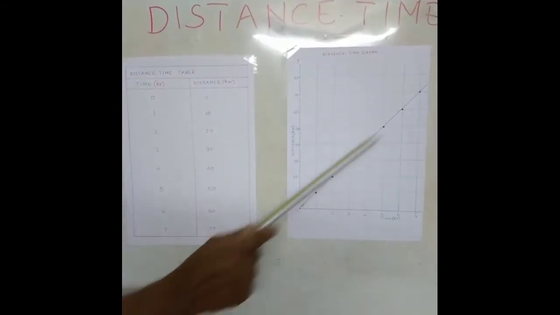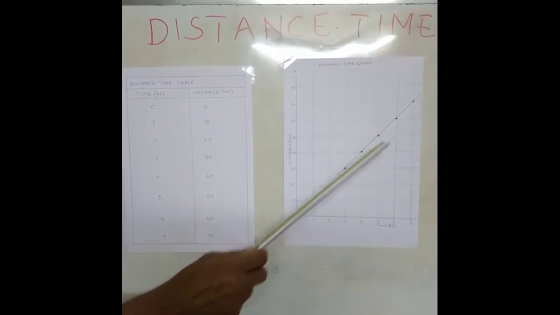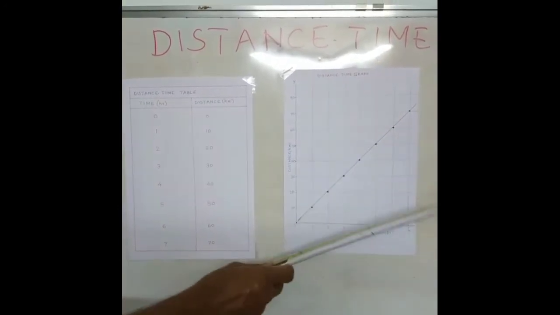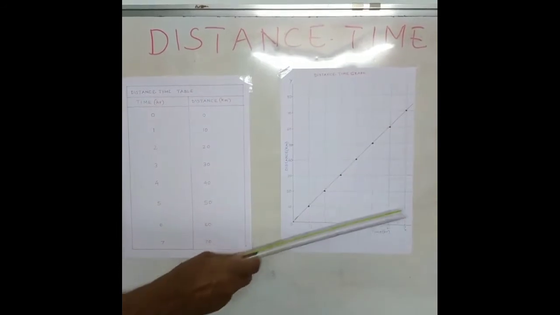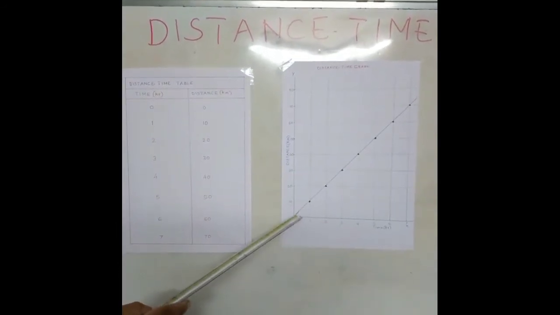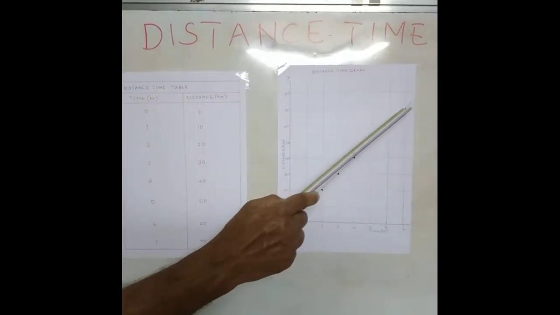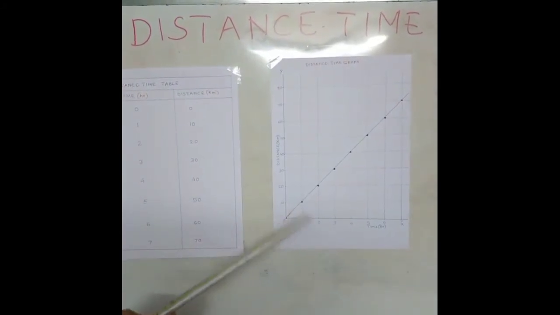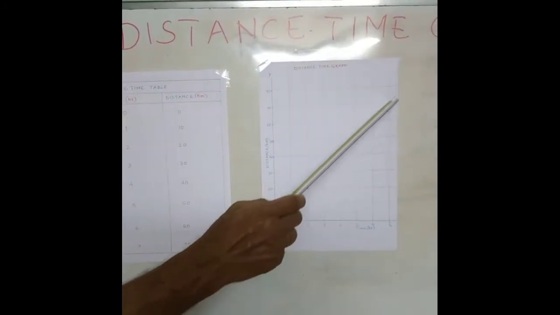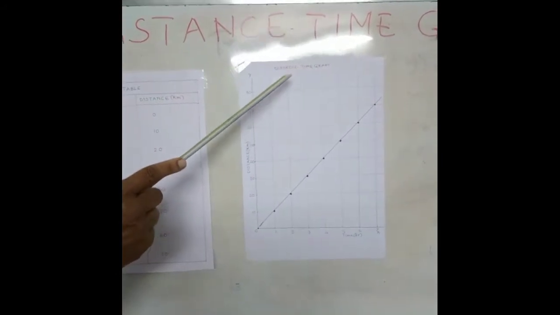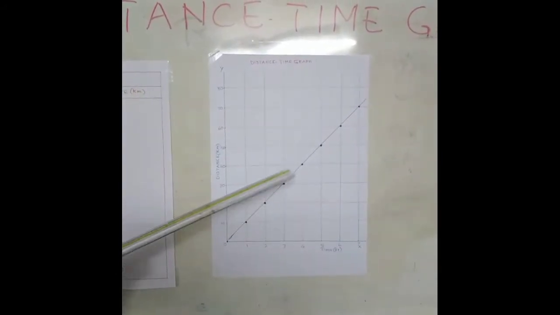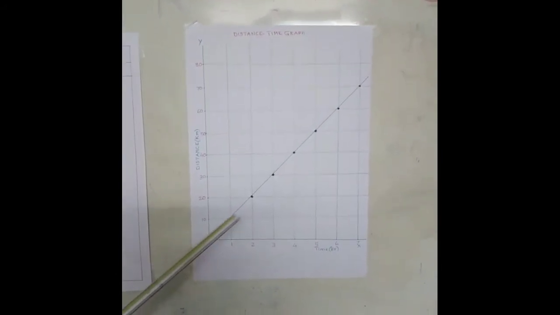After marking all the points, first you mark all the points. It is convenient if you use a graph paper, or you can make a grid paper like this, and then you join all these dots together as a straight line. This straight line represents the distance time graph of an object. So the distance time graph is a straight line